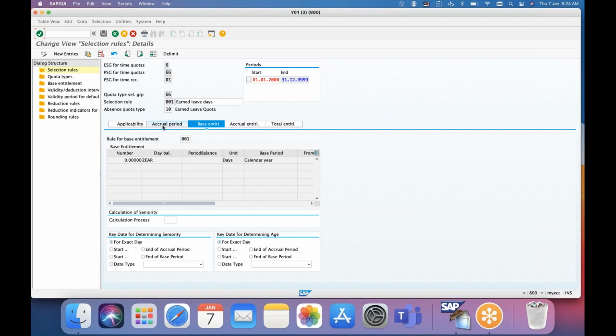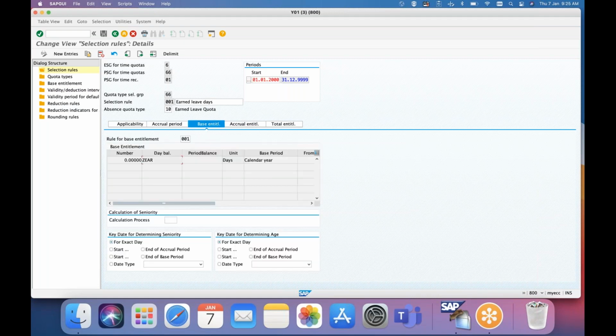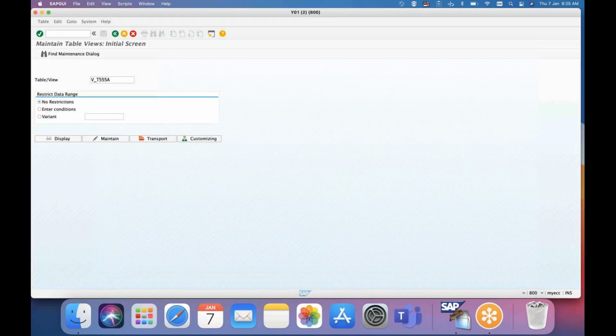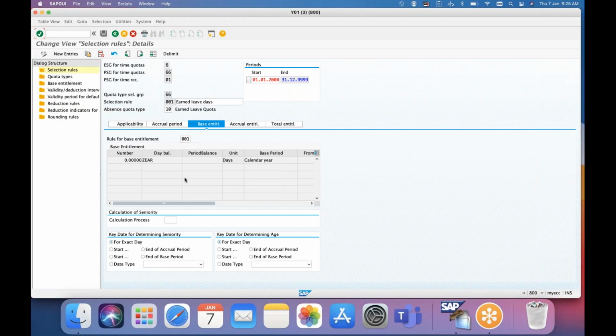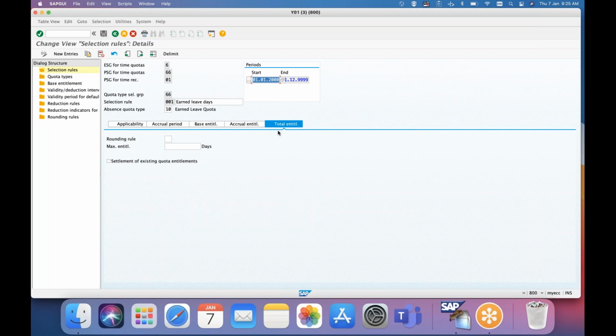First, remember these few steps. One, we keep it in daily, so we give it in day balance. Similarly, we maintain the same thing in the time type characteristics as day balance. We make sure there is no prorata as of now, because the prorata will happen in the time evaluation. We will discuss this part, as a few of our team have questions on it. This will be the maximum entitlement; when we discuss carry forward, we will come to this place.